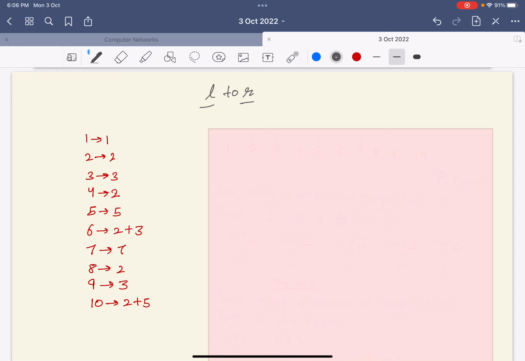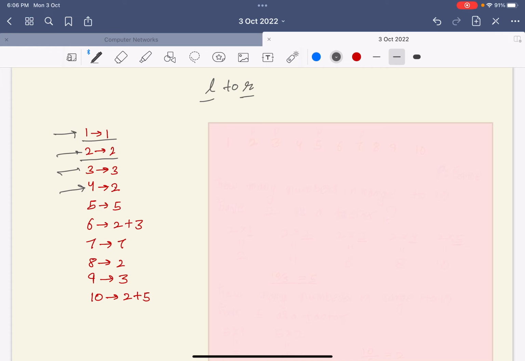So 1 is not a prime, but 1 cannot be factorized further, so 1 will be treated as 1 only. 2 is a prime, so 2 will be treated as 2 only. 3 is also prime, but 4 is not a prime. 4 has a distinct prime factor 2 only, so 4 can be factorized to the prime number 2 only. Other than 2, no prime number is a factor of 4, so that's why 4 is represented as 2